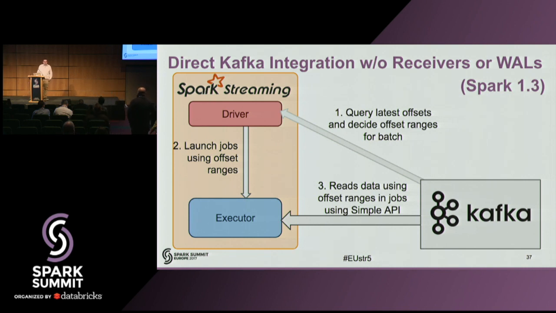Hi, I was wondering if you could go into a little more detail on how the 0.10 consumer offers you that exactly once guarantee in a way that the 0.8 consumer did not. Because in the 0.8 consumer, you said that as long as your sink is idempotent, you would achieve effectively exactly once, but I didn't see how the 0.10 consumer would give you that if your sink is not idempotent.